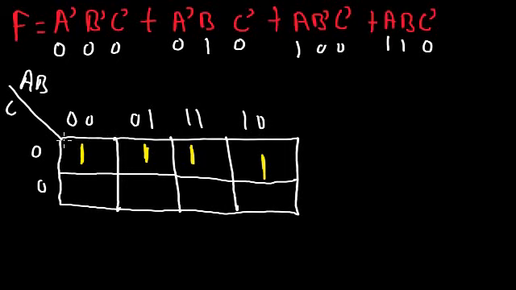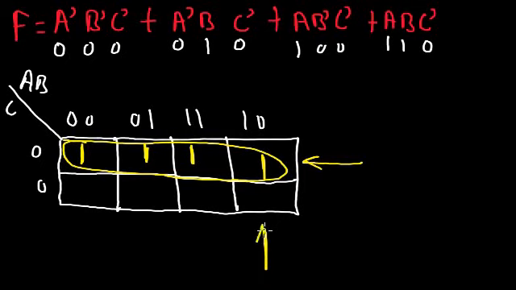Now we can see that all the ones are on a straight line. And also, they are in powers of 2 because that's 4. So therefore, we can just group them once and for all. It's allowed. You can group them once and for all since they are all side by side. Right now, let's focus on the number of columns and the number of rows. This is the row and this is the column. So we have 4 columns